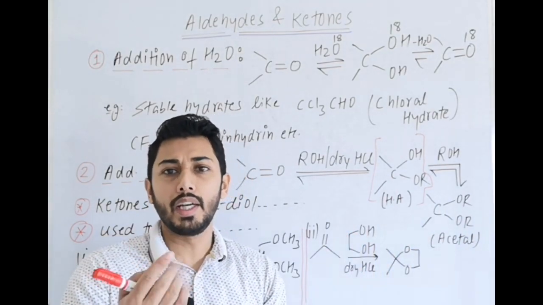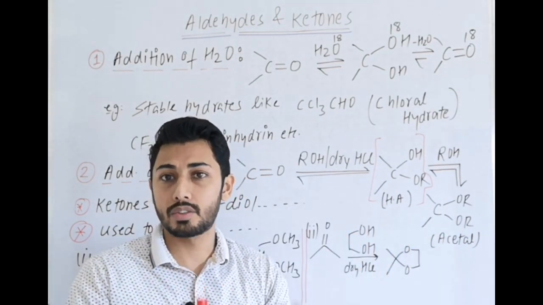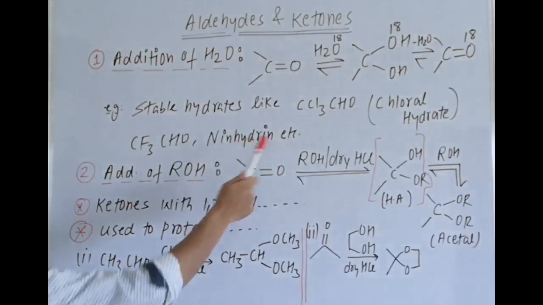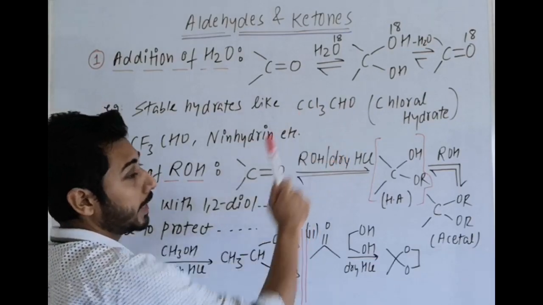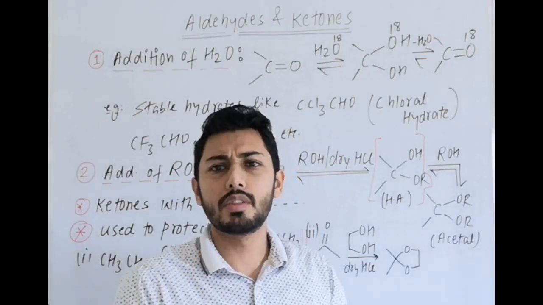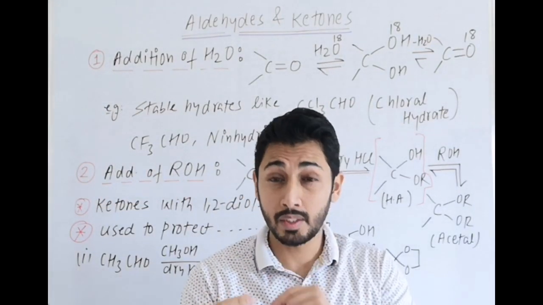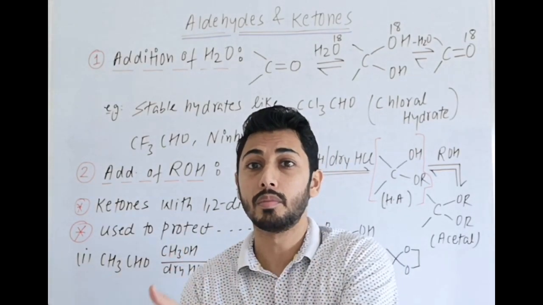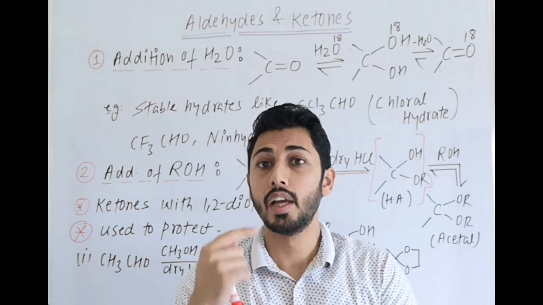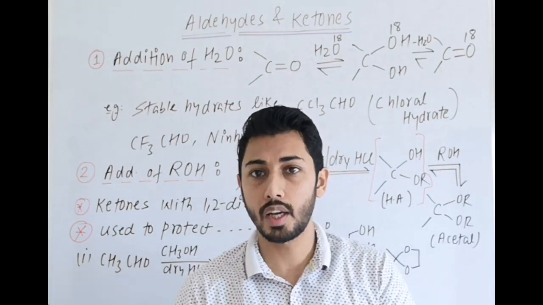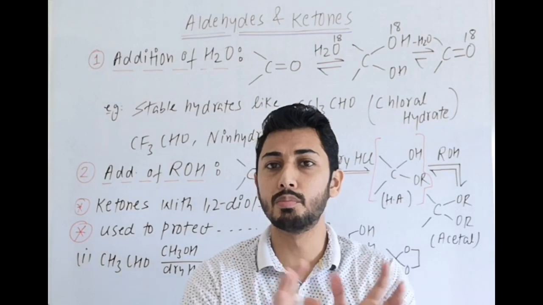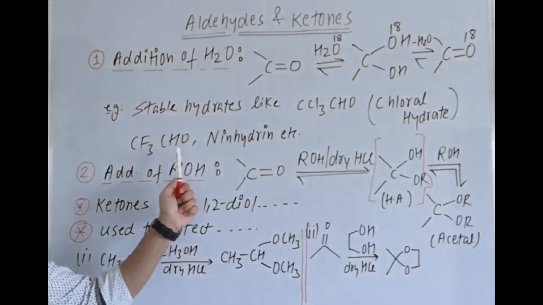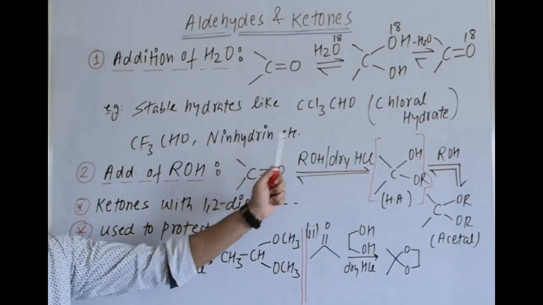Here we can say one point, that hydrates are generally less stable, but some examples are there where hydrates are also stable, like chloral hydrate CCl3CHO. Generally, if any question is given which hydrates are stable, consider the point that the more electron-withdrawing groups present, the more the equilibrium will be towards hydrate formation. That is why it depends how the four options are given. More withdrawing effects, more will be the stability of hydrate. Some other examples, CF3CHO, ninhydrin, etc.